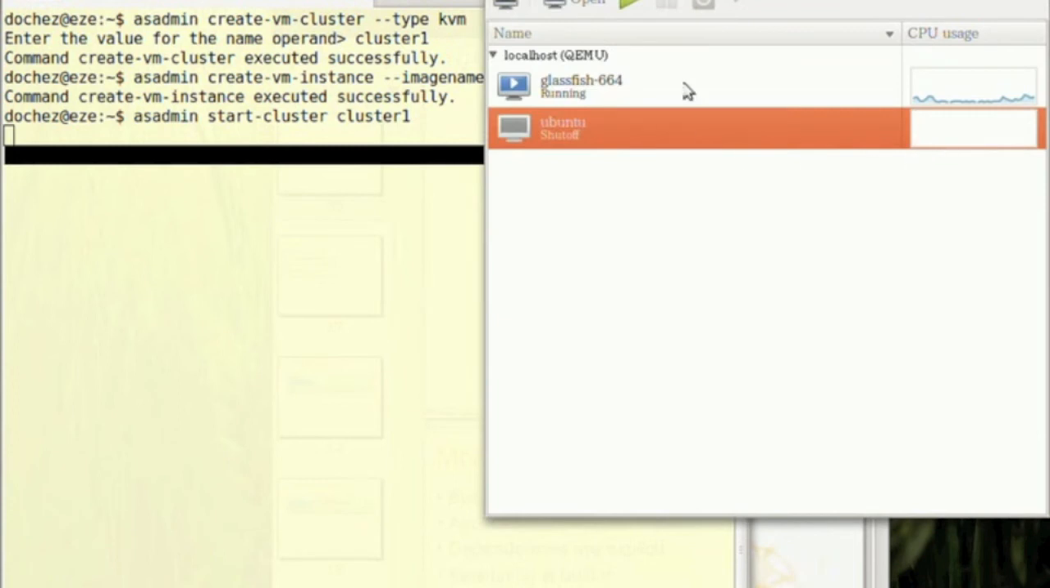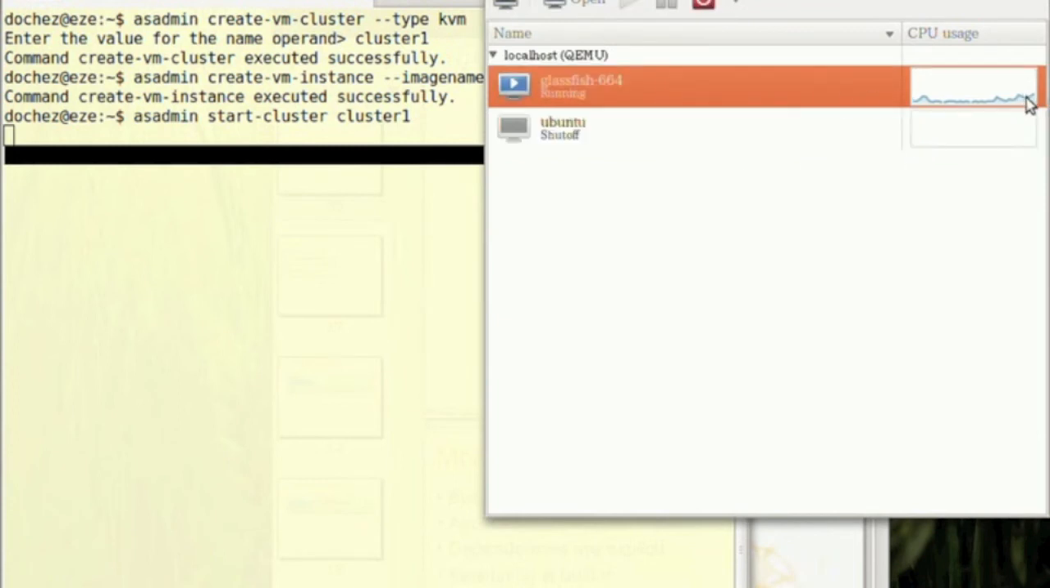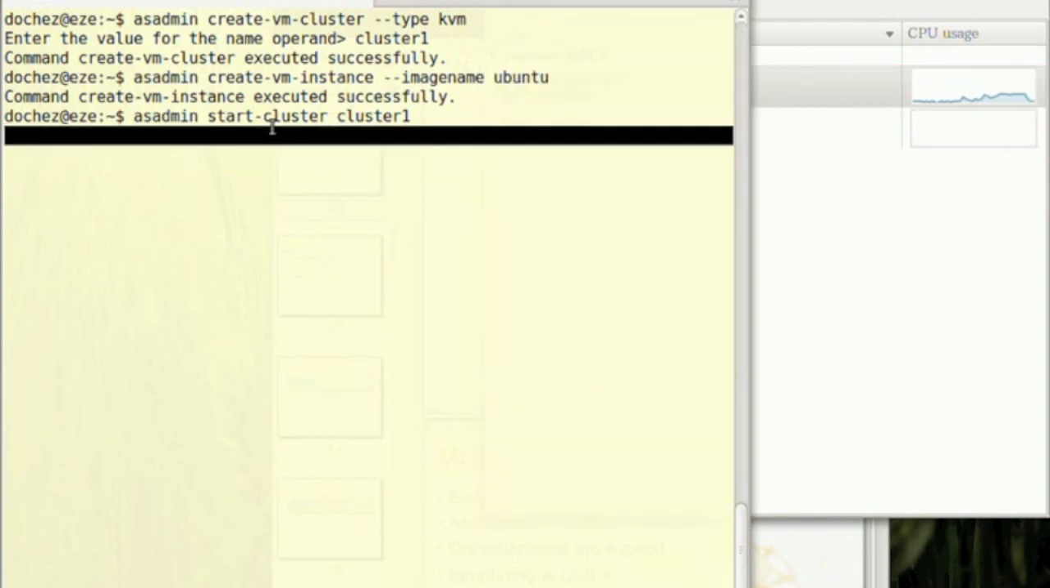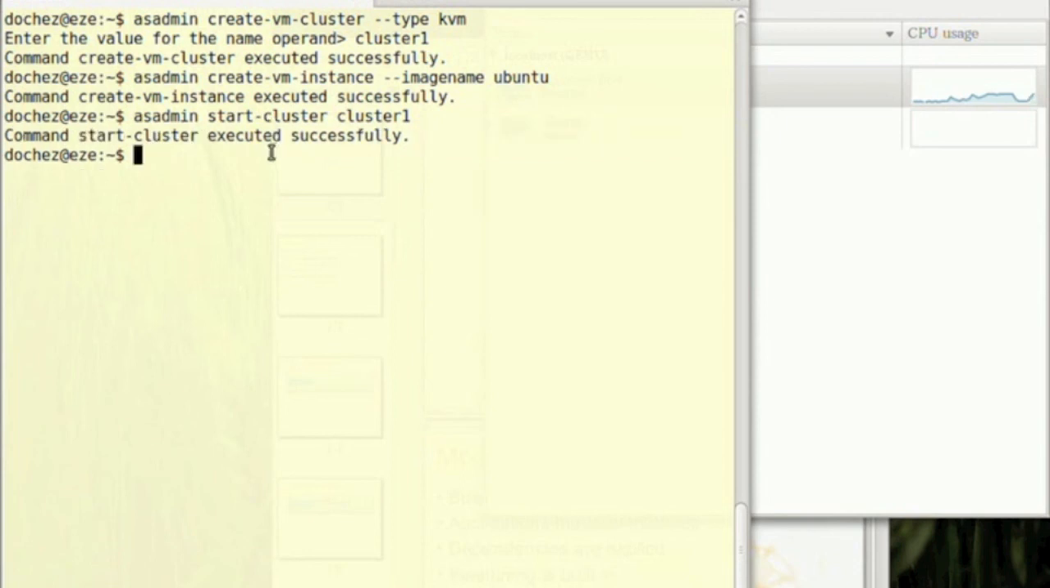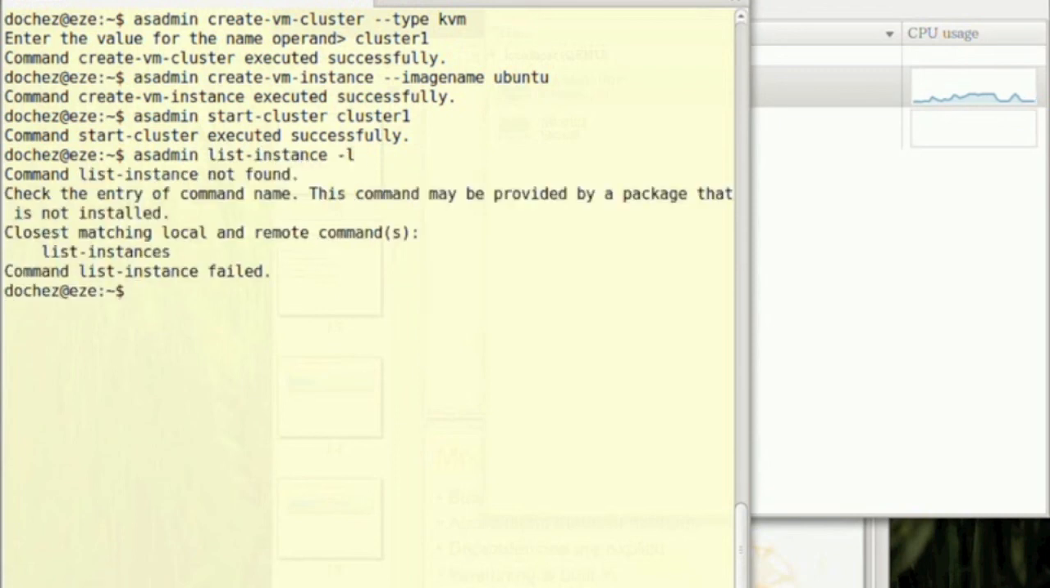But what happens is that at that point, you can see there's a spike here. The activity in this virtual machine is popping up. That's because the DAS, which is running on my outer Ubuntu, is now saying to this virtual machine, start the instance. The instance is now started, and I can, again, use the normal tools of GlassFish to figure out